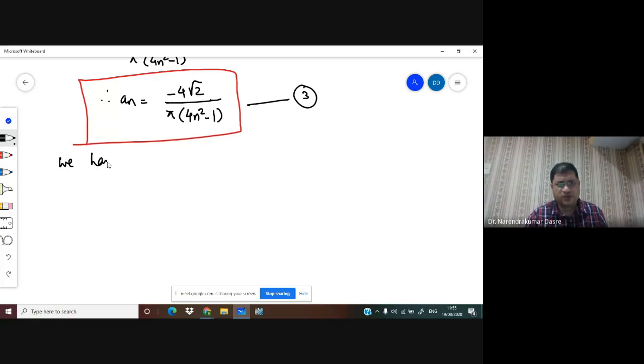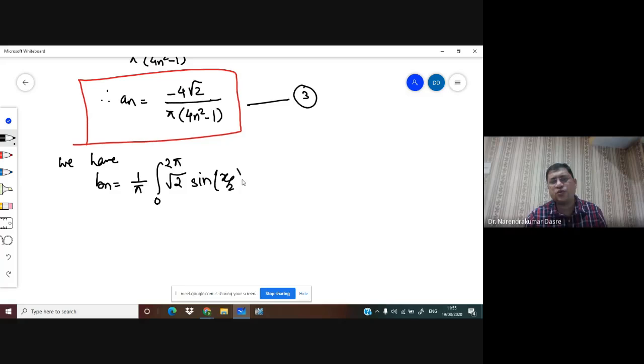Now we have b_n is equal to 1 upon π integral 0 to 2π of root 2 sine of x by 2, and we have sine of nx, and this is dx. Okay, so I can again write this as 2 upon π integral 0 to 2π sine of x by 2